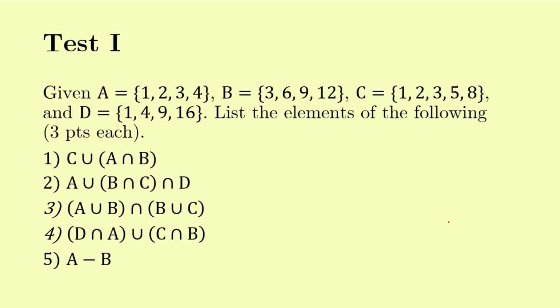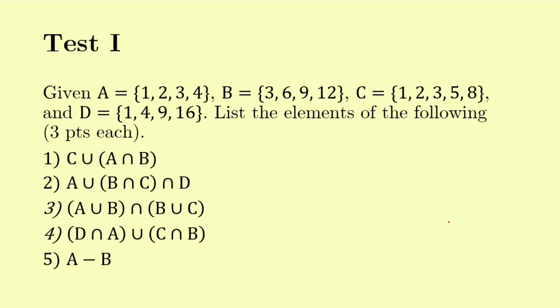So test 1, ang ating task is to list the elements of the following set operations. Given A containing 1, 2, 3, 4, B containing 3, 6, 9, 12, C containing 1, 2, 3, 5, 8, and D containing 1, 4, 9, 16, we will evaluate or list the elements of the sets produced by these operations. So first one, we have C union